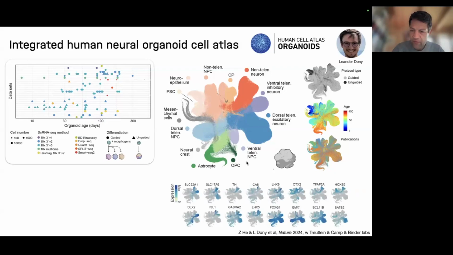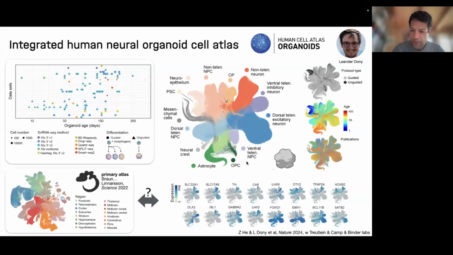If you were a biologist, you would see, hey, where's my thing in, let's say, non-telencephalic neurons or something like that. But what's exciting now, and I think this is a cool transfer learning type of challenge, is that we have this primary atlas. This is brain development, fetal brain development, okay? And you can ask, hey, how does this model system differ from the primary atlas? And that's now an experimental design question, right? Like, where is this thing not yet good enough? And this is what we did.